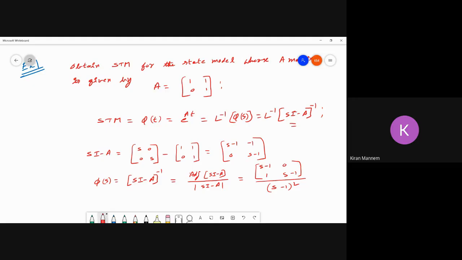So is it correct? I think we made some mistake here. So I can rewrite this equation as